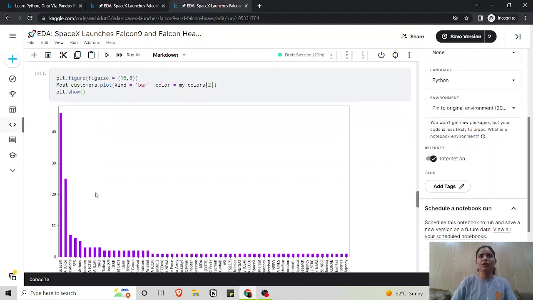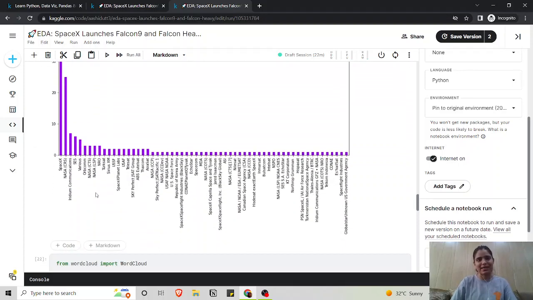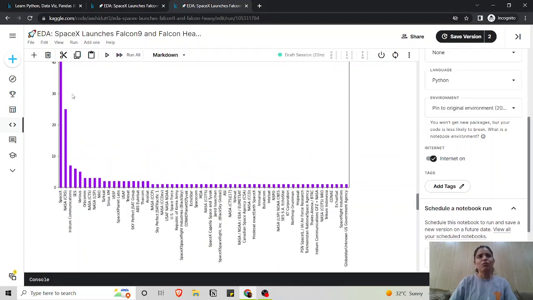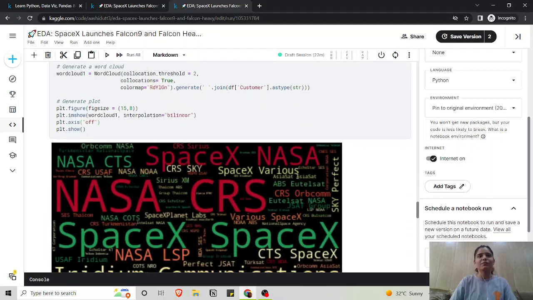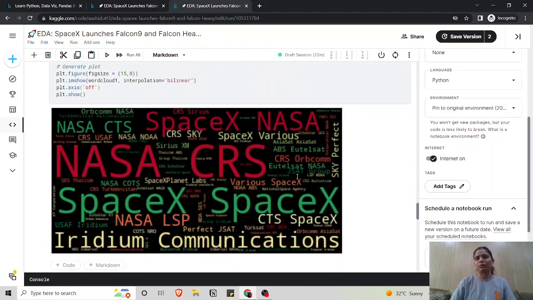So we were printing who are the most frequent customers of SpaceX. So what if we don't plot these bar plots like this, rather we plot a word cloud like this. So you see all those big names over there, SpaceX, NASA CRS, then we have some Iridium Communications over in the base, a perfect JSAT and all.